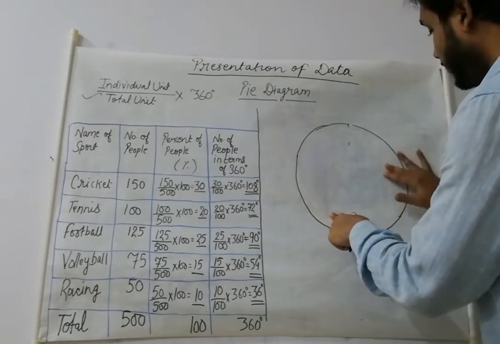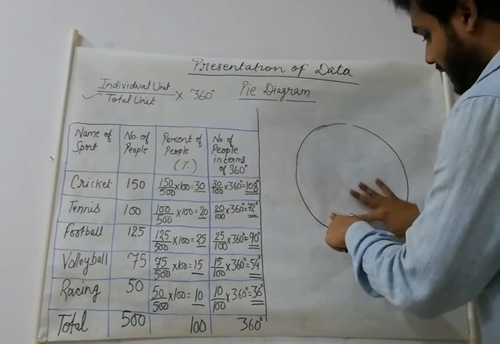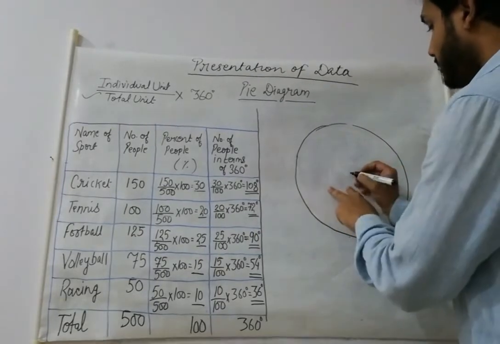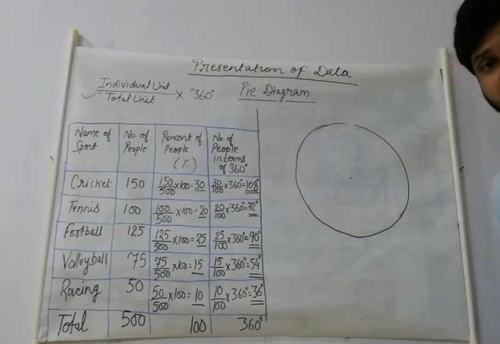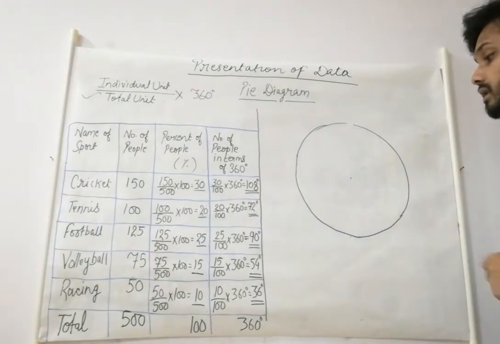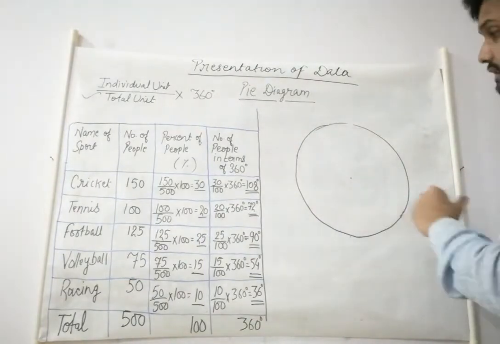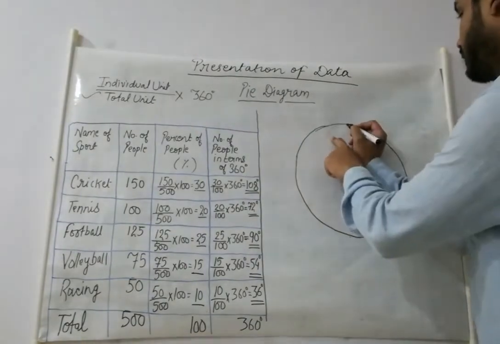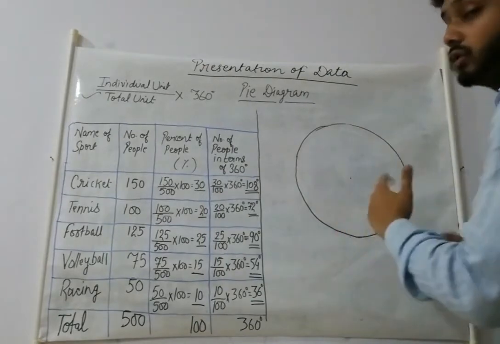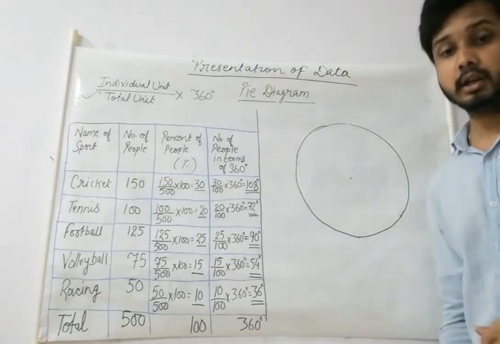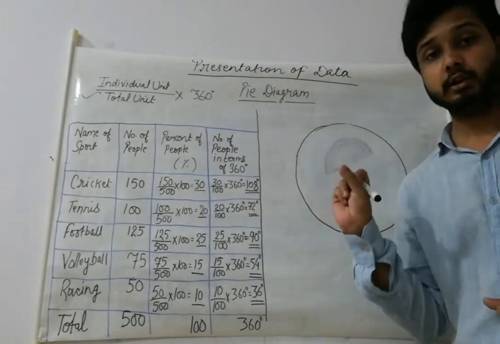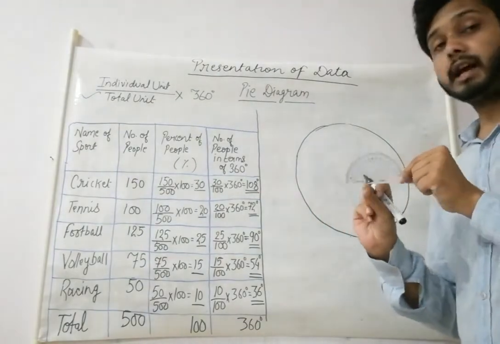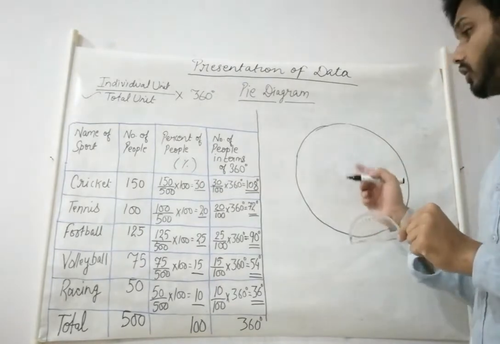Firstly, you will have to make a perfect circle and after that mark the midpoint, okay. Here we are assuming that this is the midpoint of the circle. In the copy you can easily measure it with scale. Now for plotting this, students, you will need a protractor here, okay. This thing, you will need a protractor and with the help of this only we can plot this into the